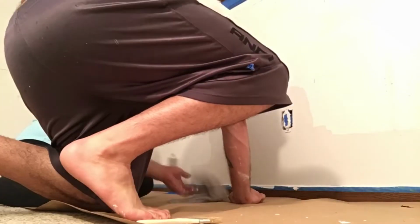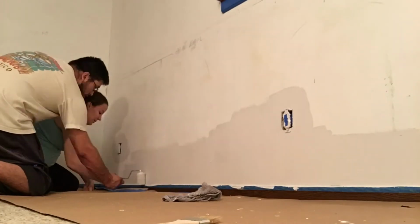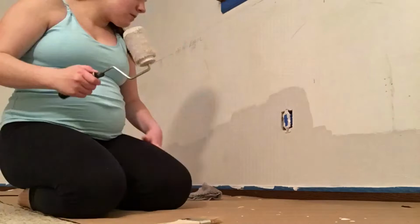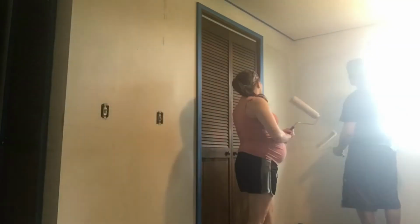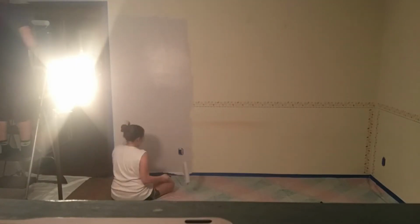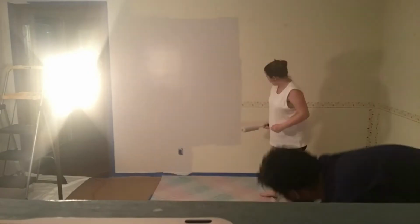We scrubbed it down and sanded everything, got it to the best we could before we painted it. And then lastly, we did the game living room, second living room, whatever you want to call it. And that was pretty easy to paint because it had already been painted, so we just painted over it. And all the rooms got the ceiling painted too, besides mine, because mine had been painted like a year